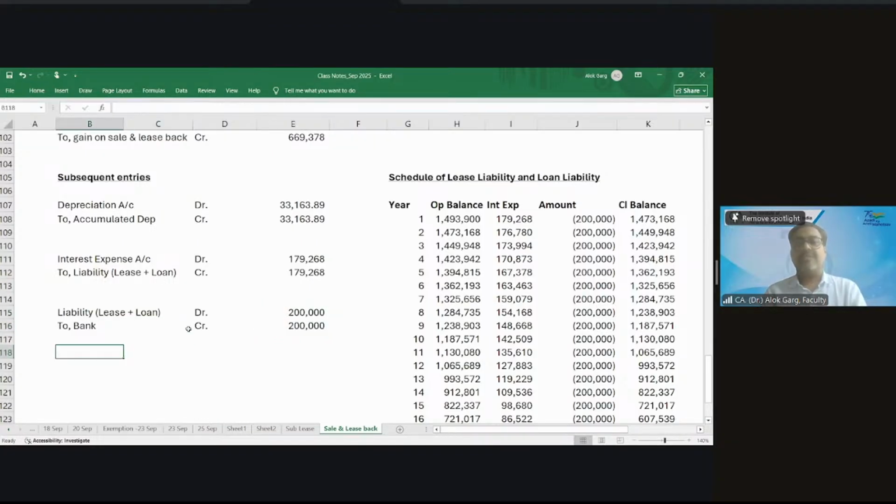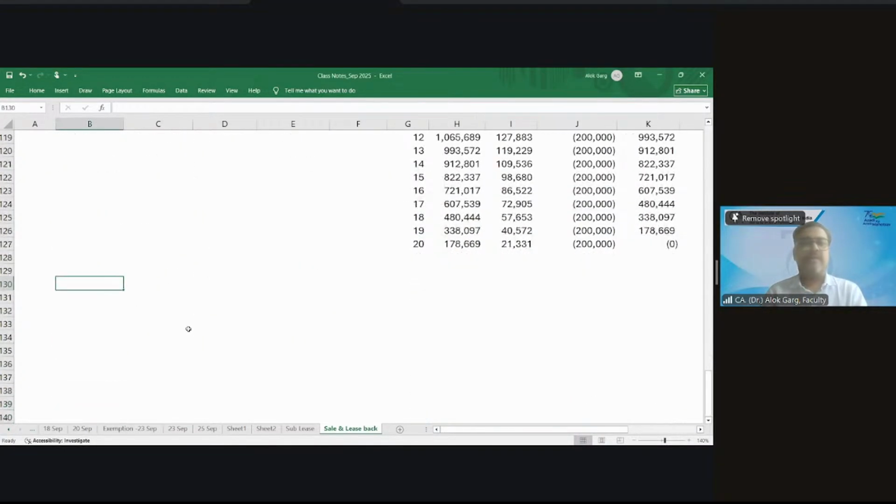Yes. So these are the entries. Okay. So now let's come to the accounting in the books of the buyer lessor. What will the accounting be? क्या accounting होगी? He booked that operating lease, I believe. The question, so initial recognition, what will the buyer lessor do?